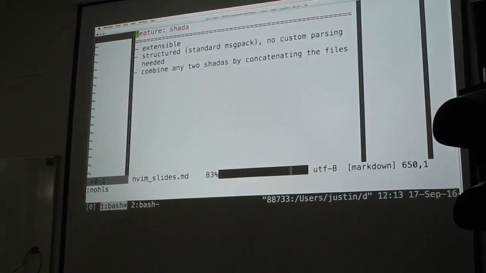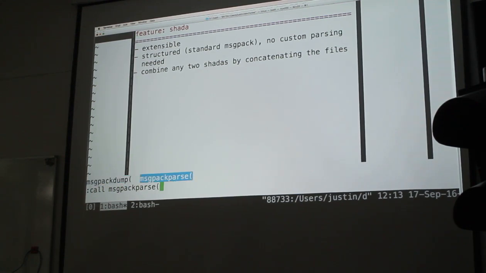Shada is a replacement for Vim info. It's extensible. It's in message pack, which means that it's structured. You don't have to figure out how to parse it. Someone wrote a plugin to parse Vim info, and they asked on Twitter how can they do this for Neovim, and I said you don't have to parse it, because you just read it in as message pack. We have built-in message pack support.